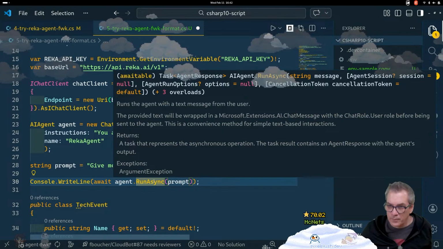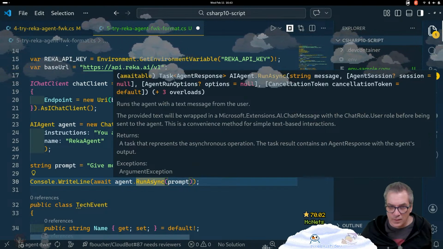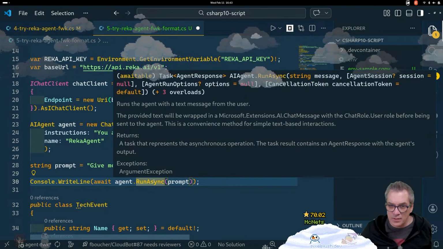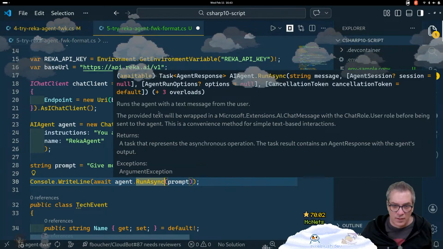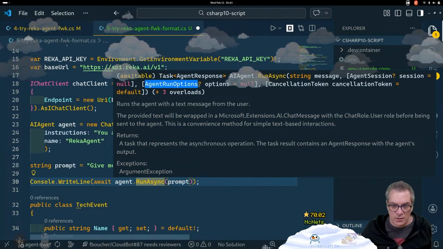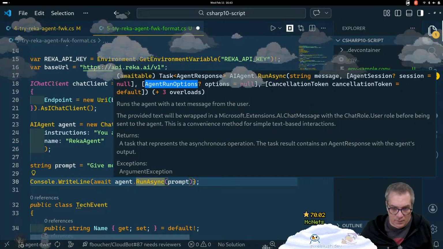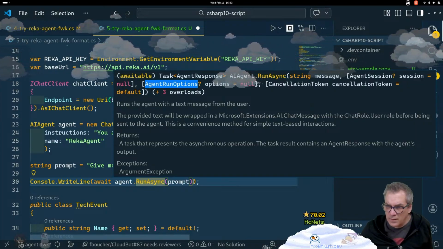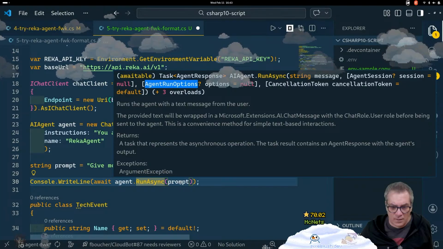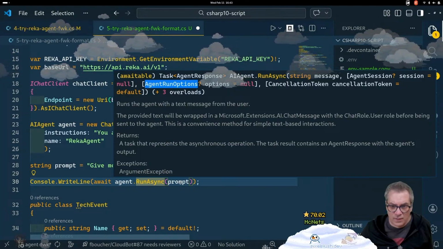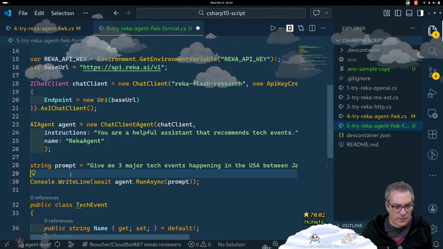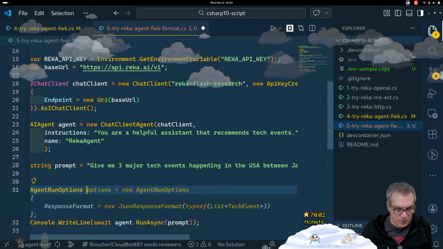Oh. Maybe in the options? The agent run options. Let's try to see if I do this.